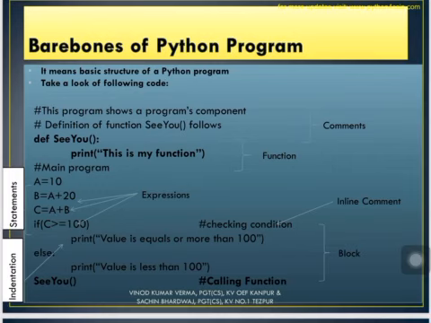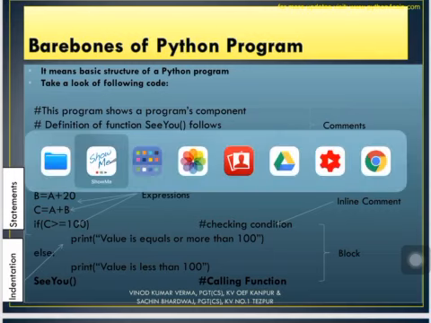What we are doing here, we are defining a function. See here, def. Now what is a function? I keep on saying function, but first of all we need to understand what a function is. In simple words, a function is a group of statements that performs a specific task. A very simple example to understand the concept of a function is the print command, the print function. What does the print function do? It prints the statement which we write into the function print.